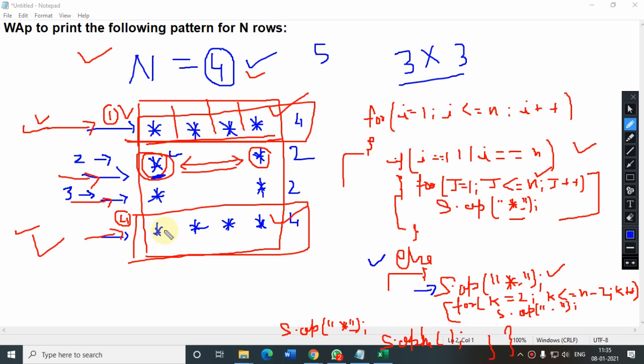Am I clear? Yes, sir. So after this, your control will move to this part. See, the for loop. So it is starting from 2 to n minus 2. So 2 to n minus 2 means, sorry, it has to be 1. Yes, it has to be 1, beta.